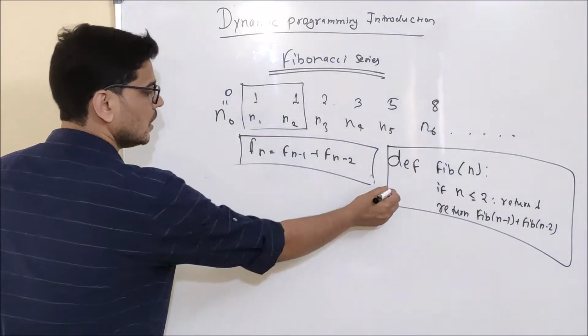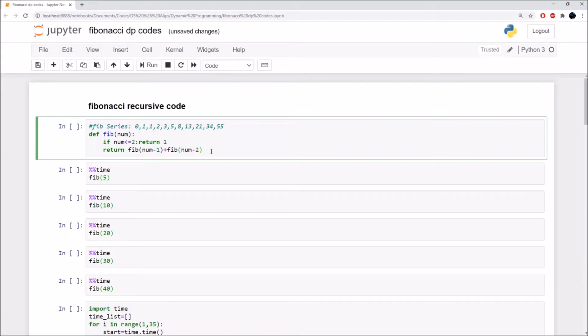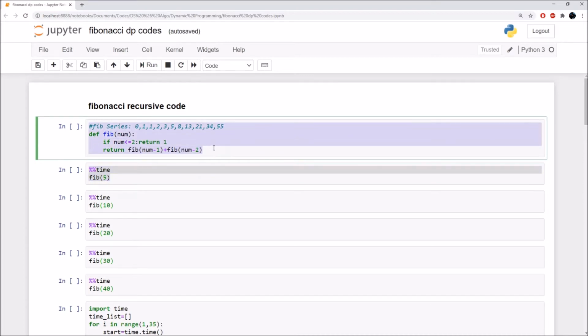Now what are we going to do? We will execute this particular program on the laptop and see the problem. As you can see, this is the recursive code for calculating the nth Fibonacci number. So what will we do now? We are going to find different Fibonacci numbers and we will notice the time. And one more thing, I am using Jupyter Notebook here. Now you may be thinking, what is percent time? Basically, percent time will find the time taken to execute that particular cell. See, this is cell number 1. When I execute this particular cell, it will find out how much time is taken to calculate the thing in this cell.